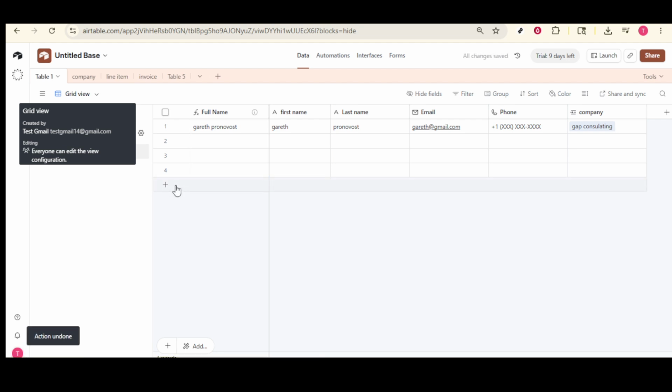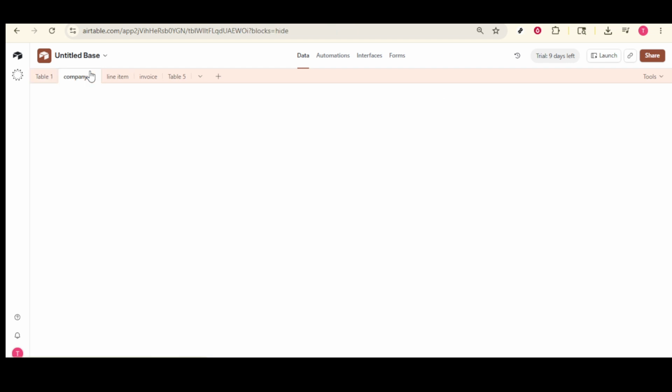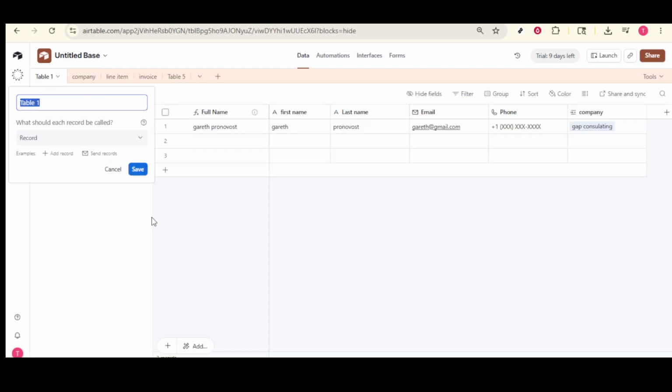Now comes the creative part, adding your options. You'll want to think about all the possible statuses or categories for your field, like To Do, In Progress, or Completed. Enter these options one by one, pressing Enter after each one to clearly define them as separate entities. As a helpful tip, consider assigning colors to each option,